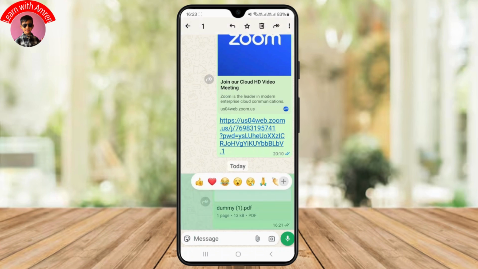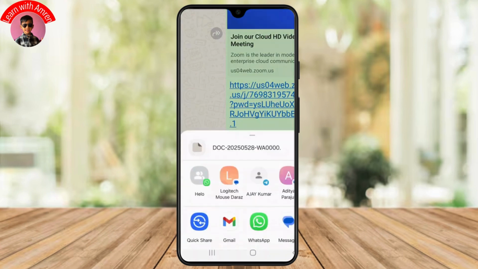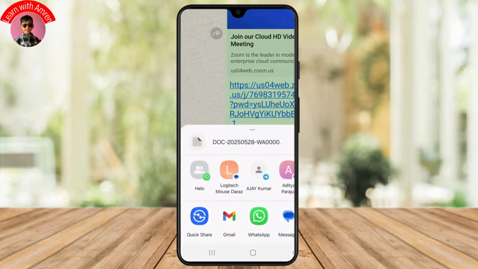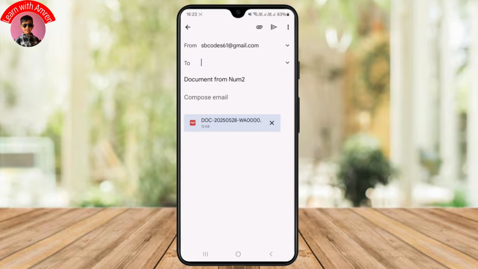this, what I will do is just long press on it and simply click on this three dot icon at the top right corner just like this and click on this share button. So once you click on this share, you should see there's an option called Gmail, so you can basically tap on that, and you can also choose between whether you want to send mail or chat. So you can, since we are sending our mail, simply select the Gmail option over here, and once you're inside